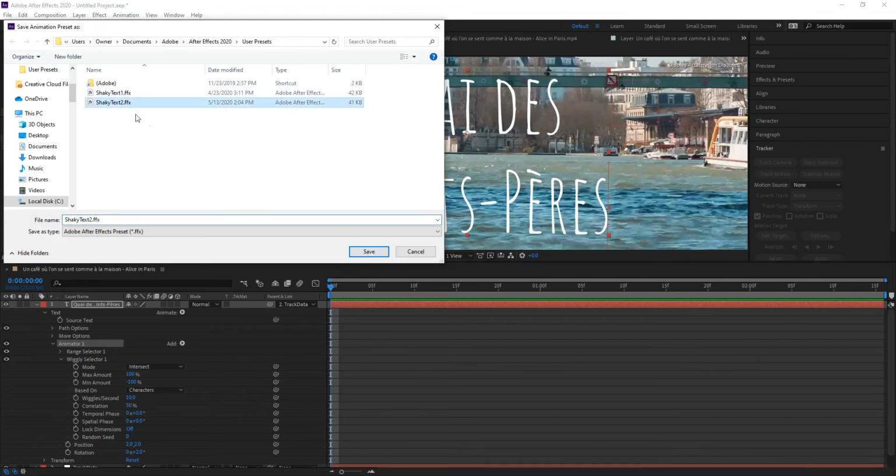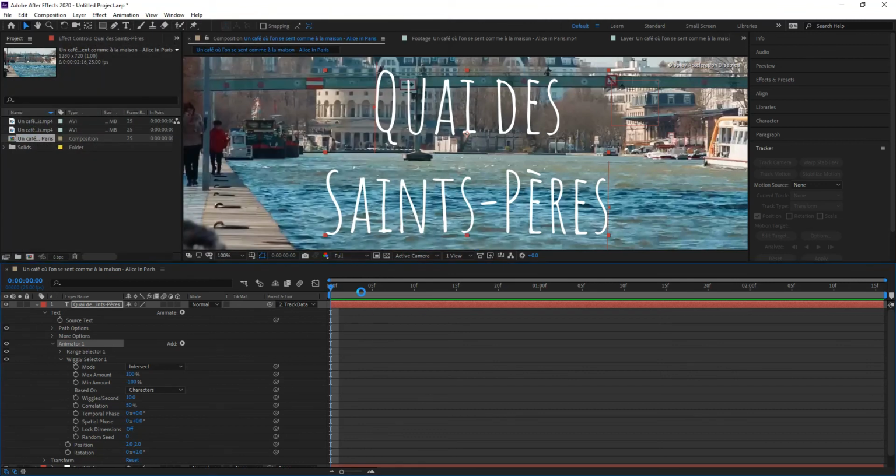In this case, I'm going to rename it. As I had done this before, I'm going to rename it Shaky Text 2, and I'm going to click save. It's going to save over it, and I'll say yes, that's fine. What this does for you is that if you've already got the animation down to what you want it to do, you can always go back in